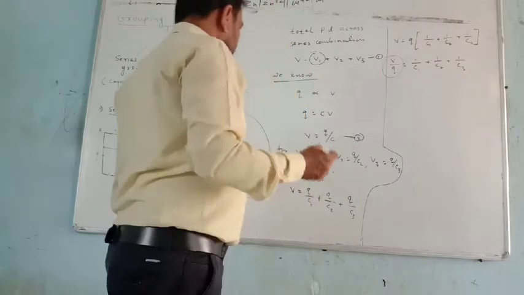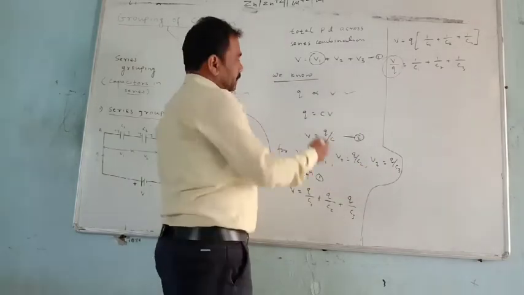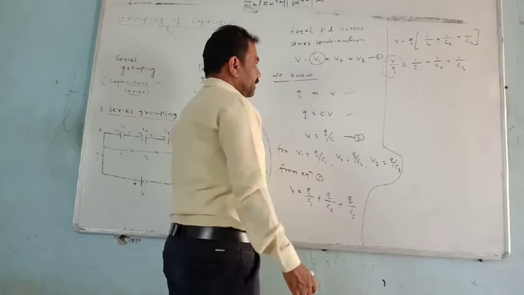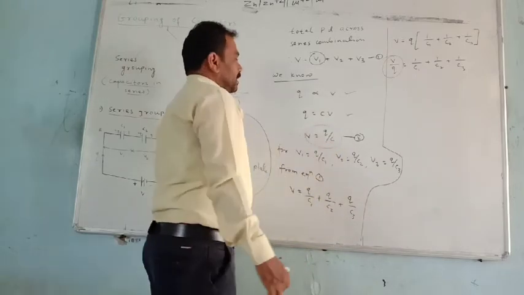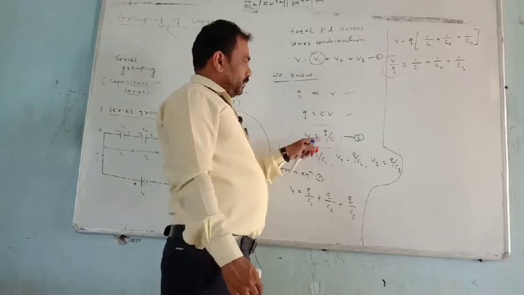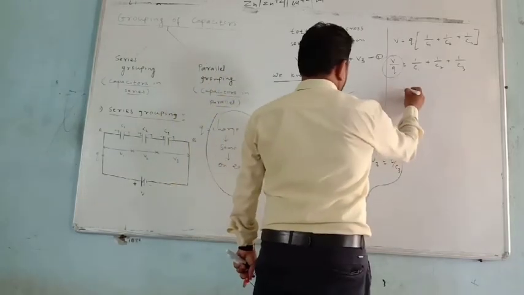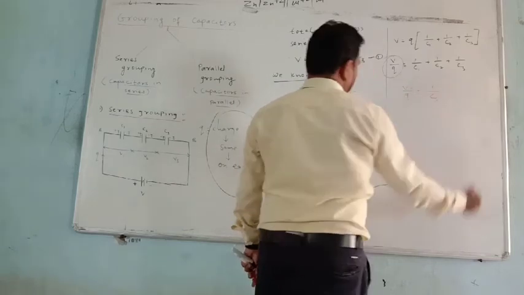Now see, with the help of this basic, Q is directly proportional to potential difference, that is Q is equal to CV. So using these concepts we can write V by Q. Therefore, V by Q is nothing but 1 by CS.